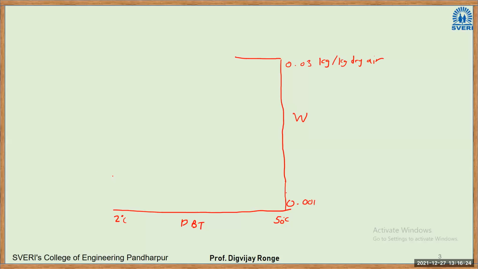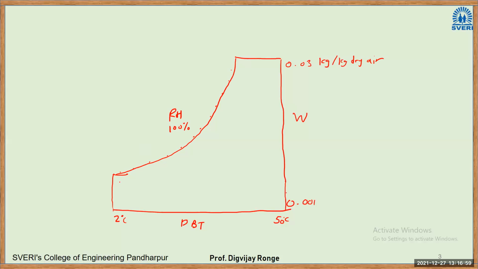Then in last lecture, I have showed you how to obtain the saturation curve. In this case, we are using the formula of specific humidity. We are assuming that air is saturated, and that way, for every DBT value, we are obtaining points like this. So these are the intersection points of specific humidity and dry bulb temperature. When I combine these points, ultimately I will get an RH curve of 100% saturation. This is a relative humidity 100%, right? So this way the boundary is completed.